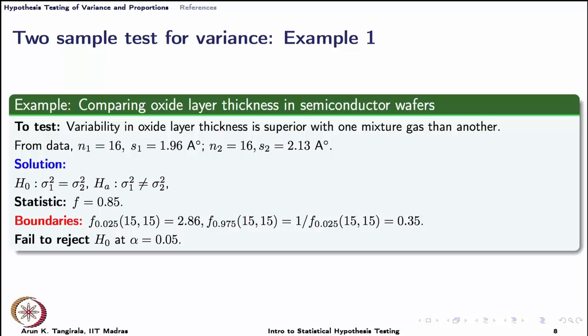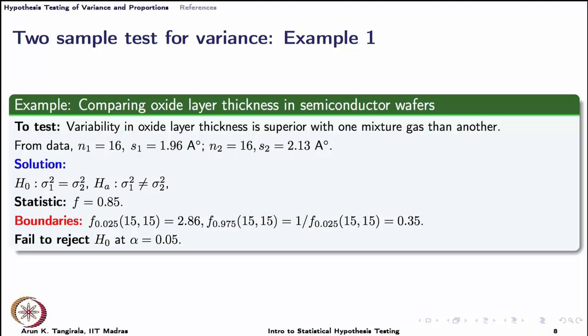I have just taken these values from the book by Montgomery and Runger. The S1 and S2 are the estimated standard deviations, they are not the estimated variances. Both have the same sample size, 16 specimens each, and now our null hypothesis is clearly sigma 1 square equals sigma 2 square, and the alternate hypothesis is that it is not. And the statistic works out to be 0.85 if you put through the numbers, that is your S1 square over S2 square,